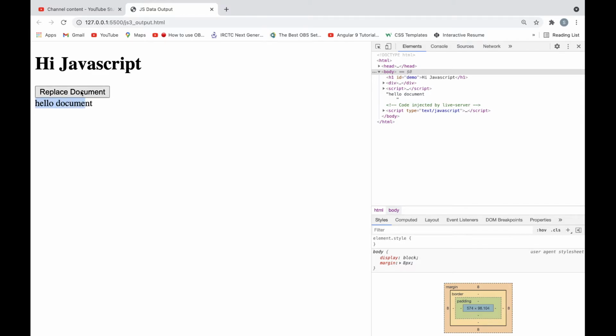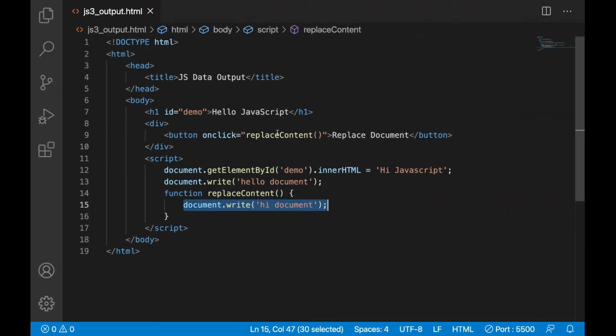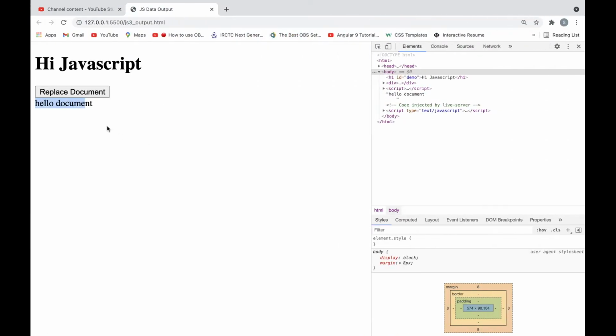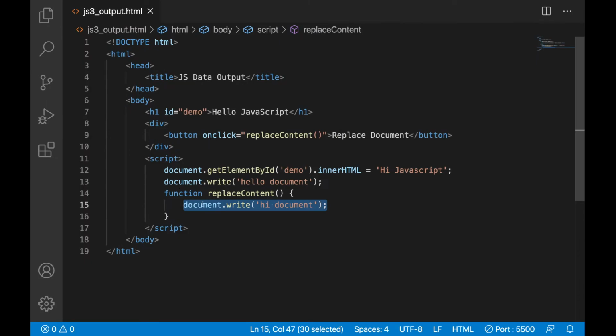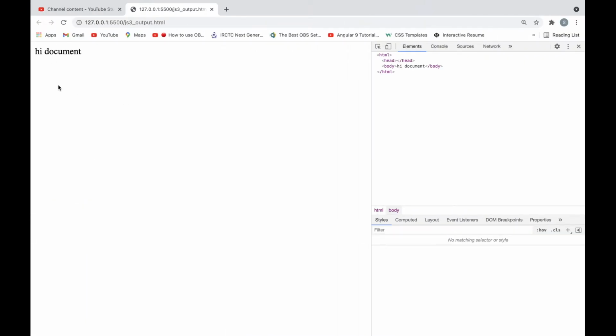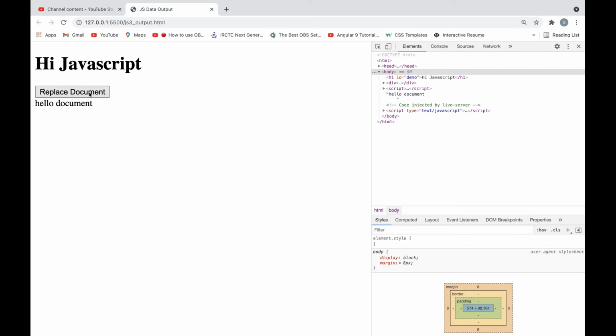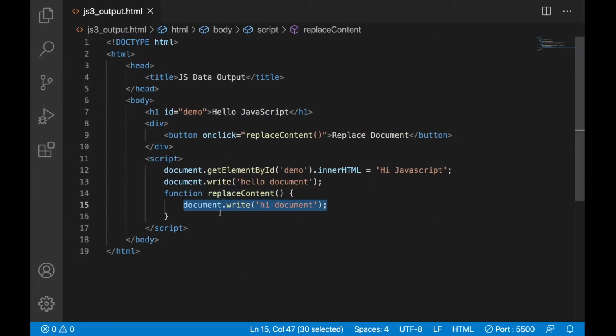But once I click this button, inside that function I have written document.write, and at that time HTML is loaded. So when I click this button, the document.write statement will call this line and replace all the HTML content that loaded previously.